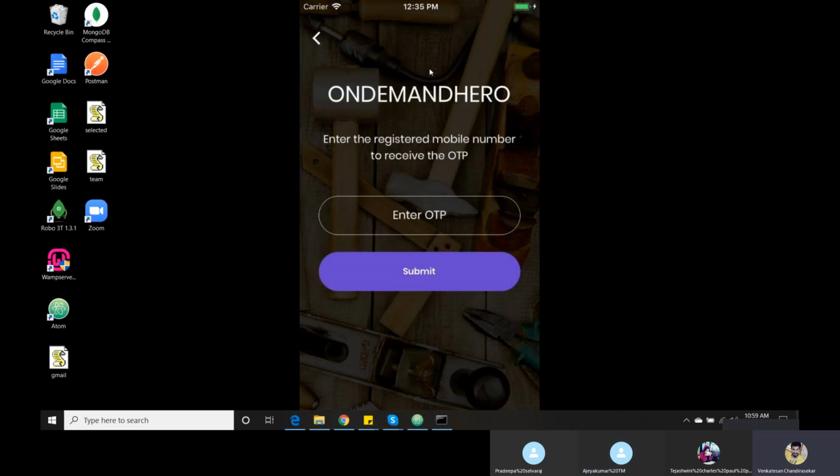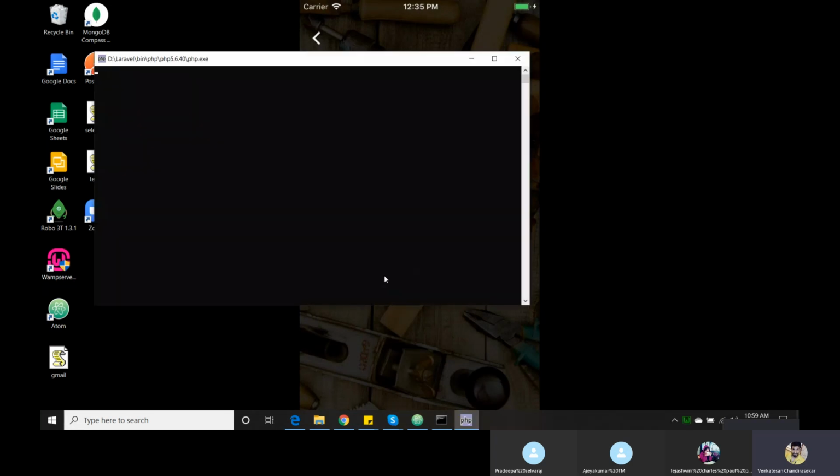The Node.js default port number is 3000, and for a WAMP server, for PHP, the default port number is 8080.